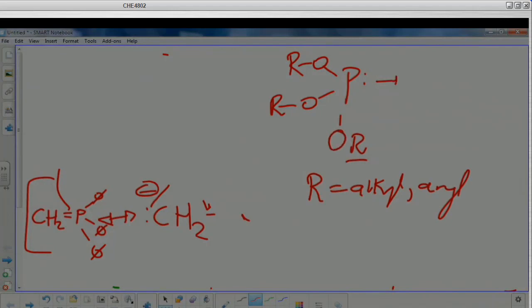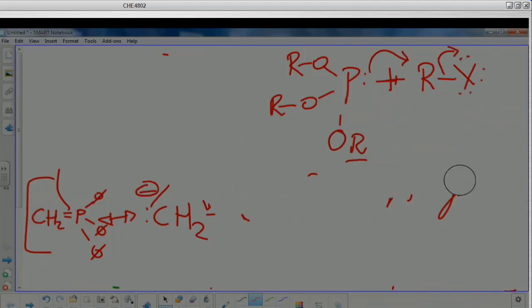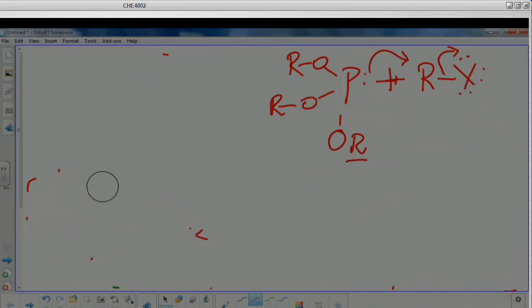So here now you have got oxygens. This is what is going to happen when you react them. Again, you react them with a primary alkyl halide, the same method like the Wittig one. So this phosphorus will attack there, and then the X will go out. The next step